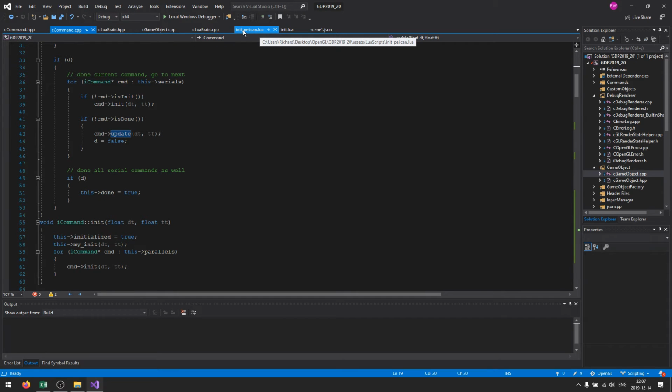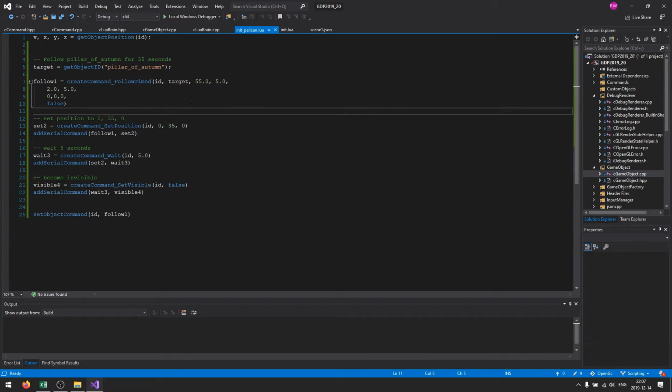I'll go into the Lua script now. This one's the easier to understand of the two. So in this script, I have at the top, I just get the XYZ position of the object. It's not necessary, but something I can do with the scripts. The script is for the green ship. There's two ships, a green and a blue one. This is the green one, which is going to follow